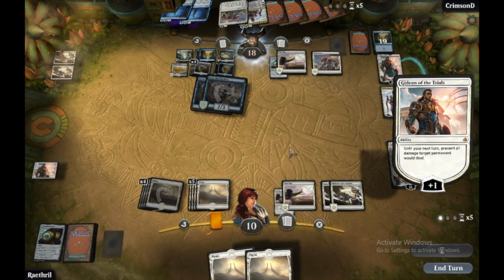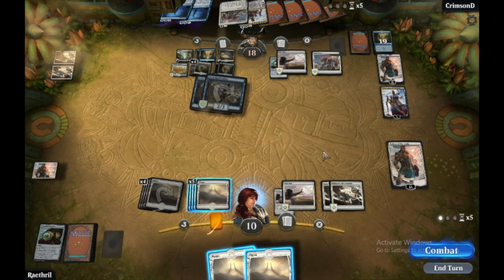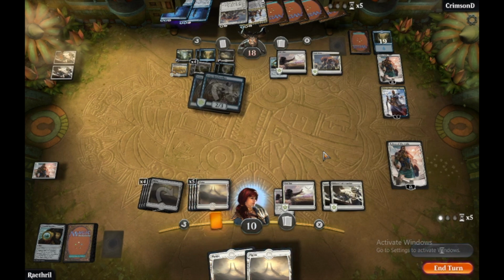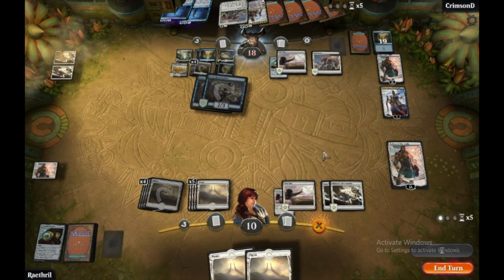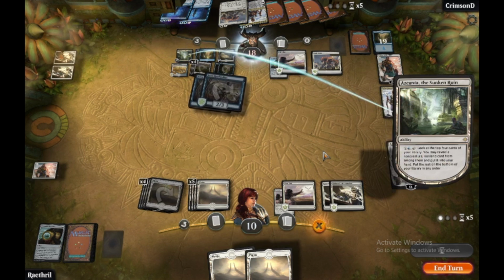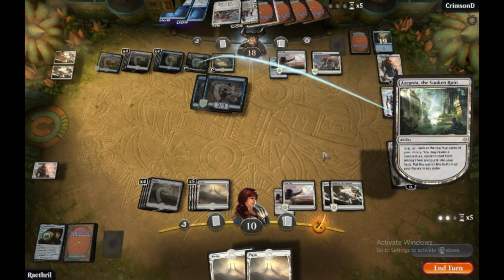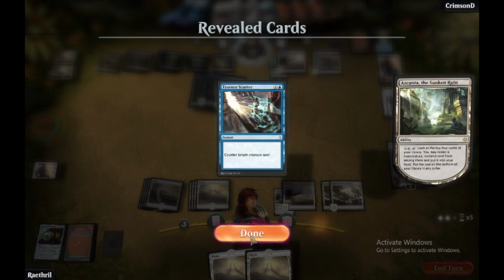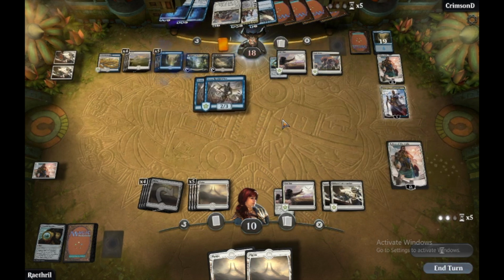Nope, that was not what I wanted to do. That was... Why did I just do that? That's fine. He'll get in for 4 this turn. It is what it is. Like I said, he's literally going to win because of the Aven Reed Stalkers. And because I haven't pulled any other creatures, to be honest. That's fine. Essence Scatter, which is great if I could pull a creature. But I have yet to do that, so...